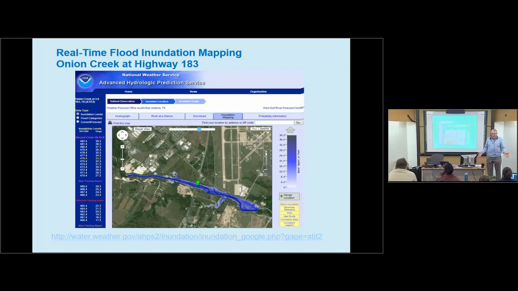The only problem is almost nobody lives here. Lots of people live on Onion Creek. It's actually been a very flooded area, but not too many in this reach. So the place where the gauge is and where the mapping is isn't really where the public safety risk is on Onion Creek. However, when I looked at the data, I asked for the data for all these maps,